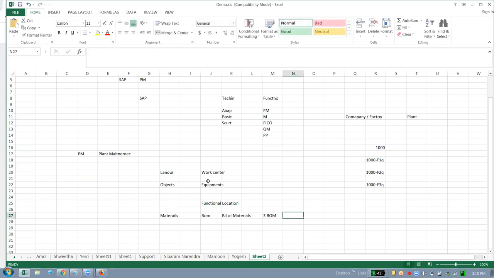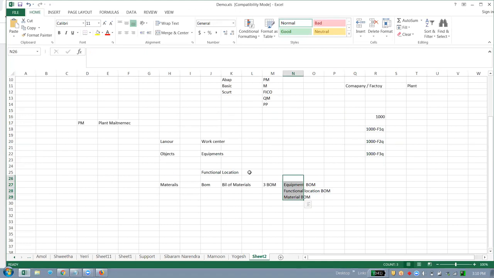There are three types of BOM: equipment BOM, functional location BOM, and material BOM. So spare parts are of three types in SAP. All this we'll see in detail.